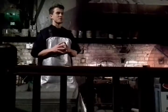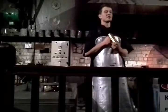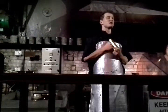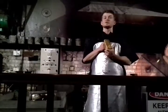Now this gold bar should be cool enough to touch. There we go. So since it has cooled down, it has taken on its lovely golden colour. I'd be a bit more worried if you tried to jump over the fence to try and take it off me now. However, even if you were successful and did manage to get past all the highly trained security officers